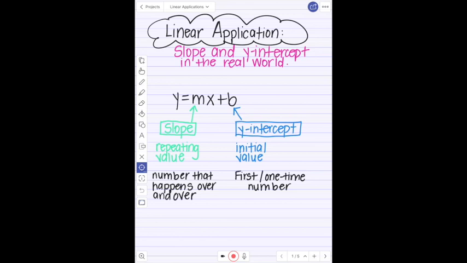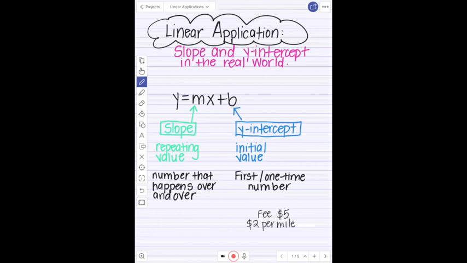So an example of this would be if you go and you get a taxi. So if you go get a taxi, you're going to pay a one-time fee to get into that taxi. So let's say the fee is $5. But you're also going to pay how much you go per mile. So let's say that they charge you $2 per mile. So your linear function, if I have a fee of $5 and they also charge me $2 per mile,